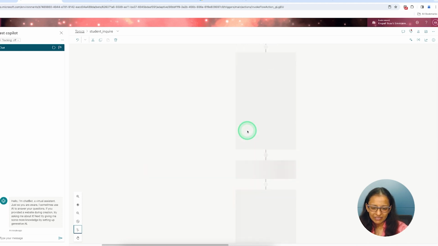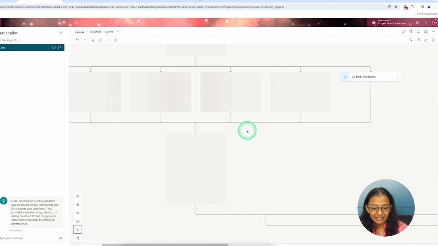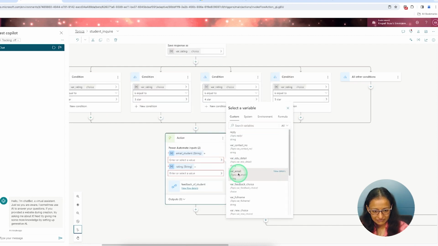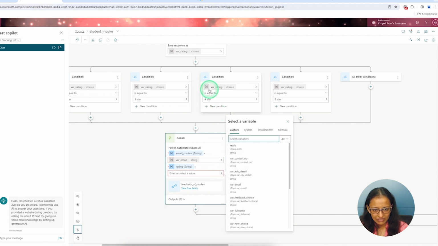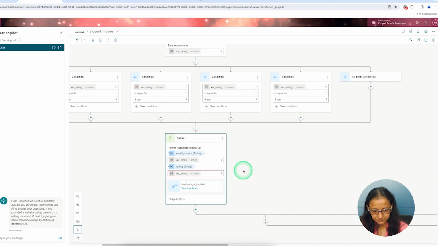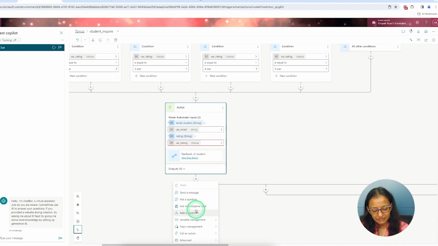So that same variable I am passing. I'm not taking the email again from the students. So variable email and rating, and rating from that variable.